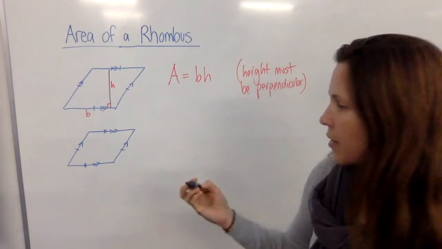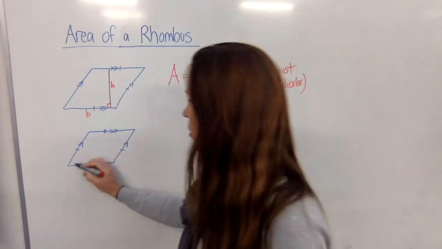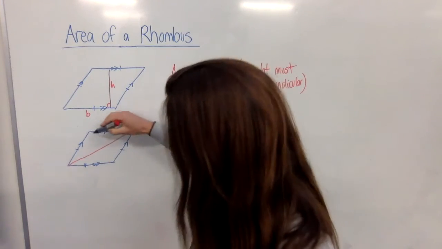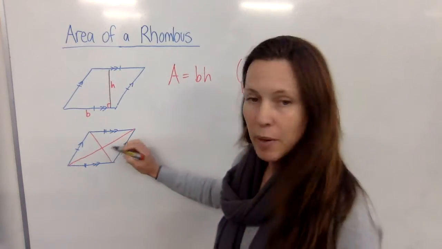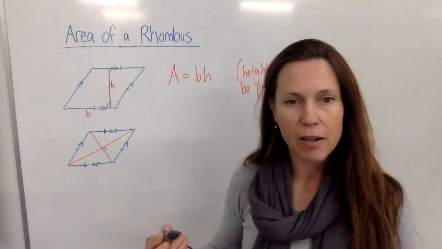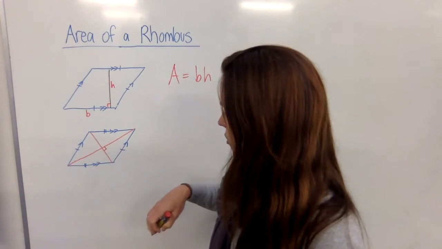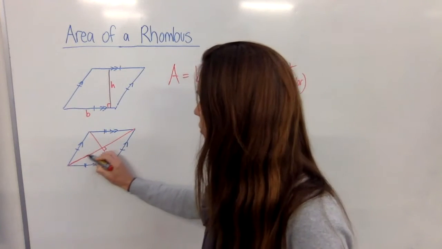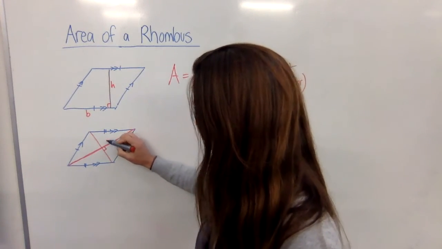Now, the other trick that you can use, sometimes you don't know the base, or maybe you don't know the vertical height, but you might know something about the diagonals. Now, although my picture is a little bit dodgy, the diagonals of a rhombus actually meet at right angles and create four identical triangles. So if you know the length of both diagonals, let's just say this one is 10